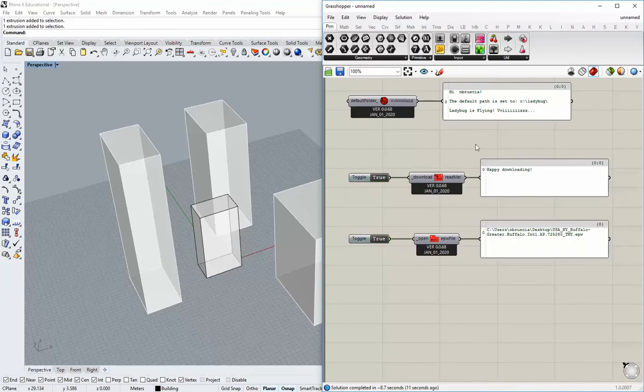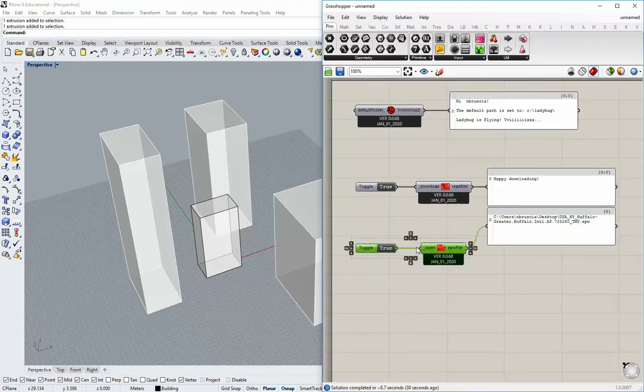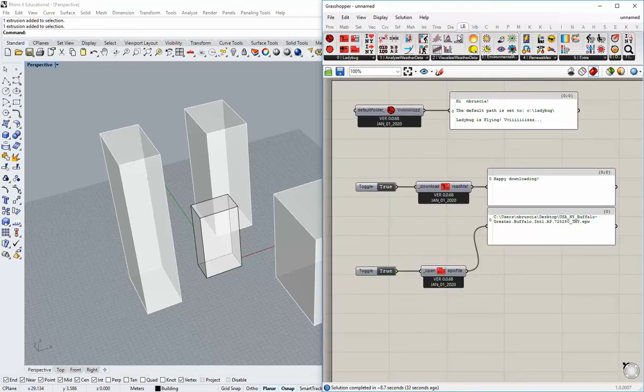So depending on where your site is, if it's in Buffalo or if it's in Pittsburgh, wherever it is, you would find the proper, first of all, the proper EPW file, open that file, and then the data that comes out of this output here will be used for the rest of the simulations. Well, let's say for the other components of Ladybug that crunch the data to give you an output, sometimes simulation,